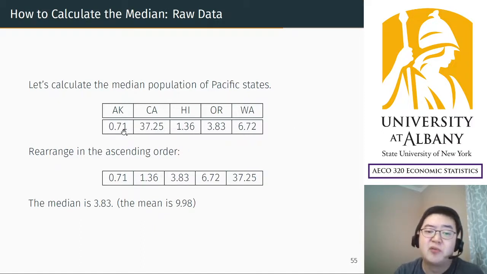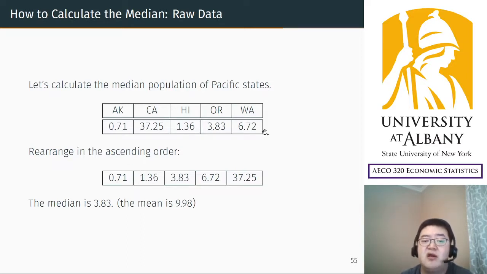Anyhow, coming back to this example, when you have these 5 numbers, Alaska has 0.71 million population, California has 37 million, and so on. What is the median? When you want to calculate the median, the simplest way, if possible, is to rearrange the numbers in ascending or descending order. It does not matter. Even if you flip that, the middle one is the median. So smallest to the largest, or if you go the other way,